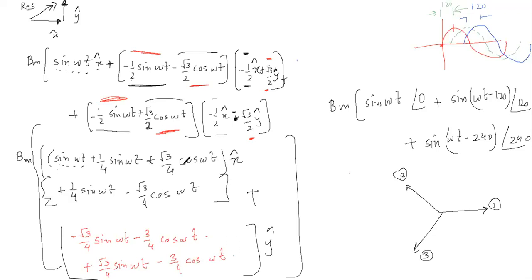Okay, so when I analyze this, I see that in this derivation, this term and this term are getting cancelled, and in this derivation, this term and this term are getting cancelled. So the resultant would be